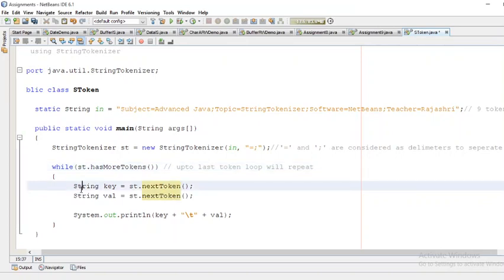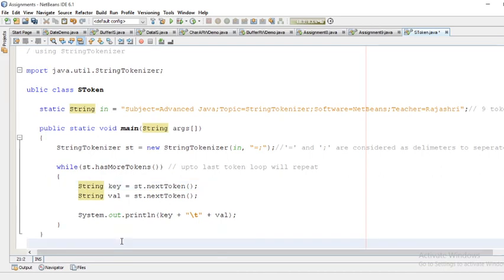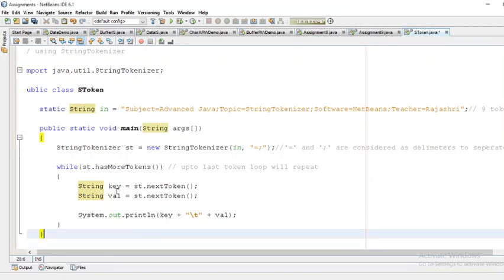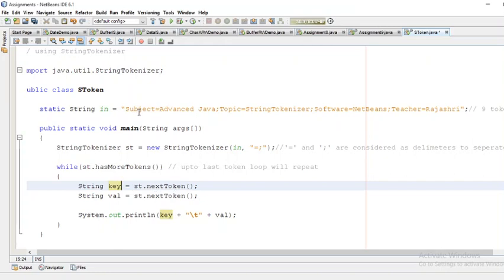So string, here as I want to display in the form of key and value pairs, I am declaring two strings. String key, and the first key is nothing but st.nextToken. So before equal to, whatever I am getting, I am considering as key, and after equal to, whatever I am getting, I will consider as a value.